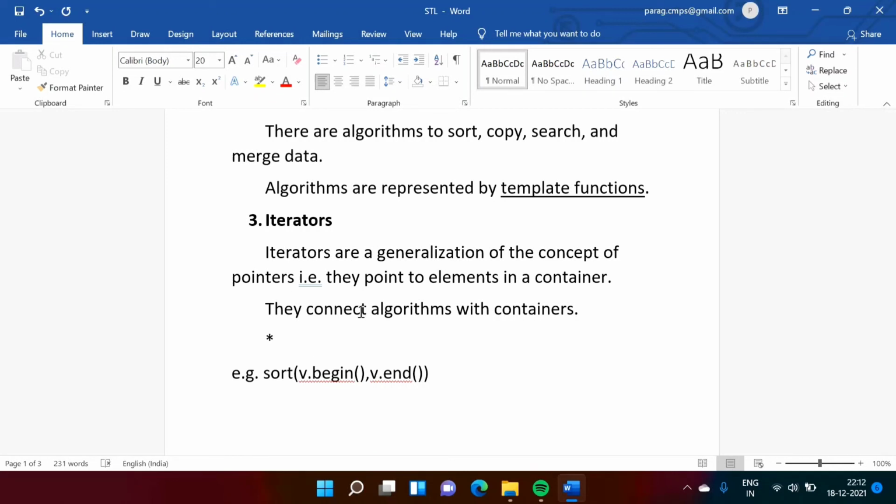Similar to that, the increment operator and decrement operator, we can use along with iterators. Just like pointers, we can use them with iterators. So these operators are overloaded to use with the iterators.